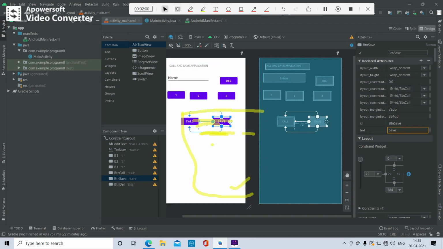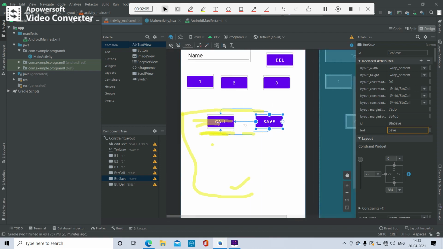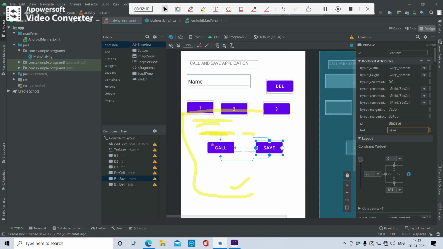This is a text view, and you can see the edit text box where the dialed number will be displayed, and when you click on the call button, it should call the dialed number. We have placed only 3 buttons here, and the remaining buttons you can place.